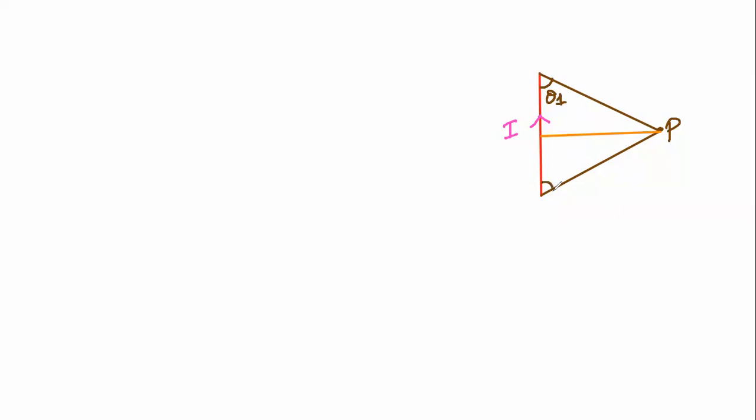Theta 1 and theta 2. They are like this. And these are taken as alpha and beta. Okay, magnetic induction at the point P we require. Magnetic induction at the point P is equal to mu naught I divided by 4 pi R